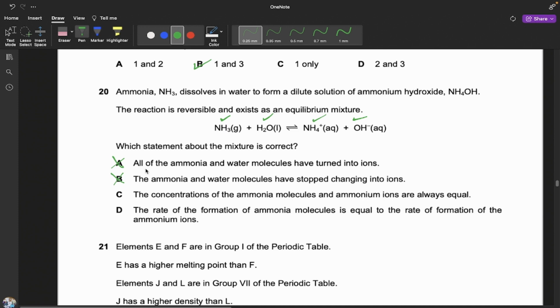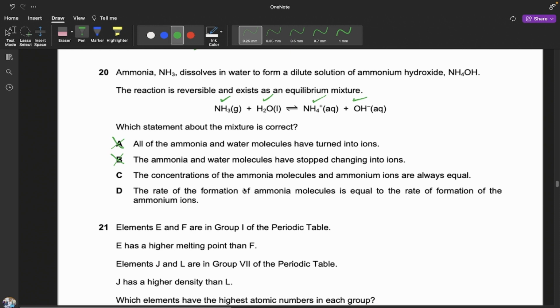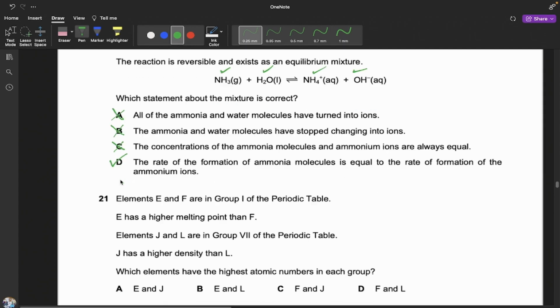The concentration of the ammonia molecules and ammonium ions are always equal. That one might seem correct, but let's go to the next one. The rate of the formation of ammonia molecules is equal to the rate of formation of ammonium ions. This is the definition of equilibrium. So the answer is D. Therefore C is